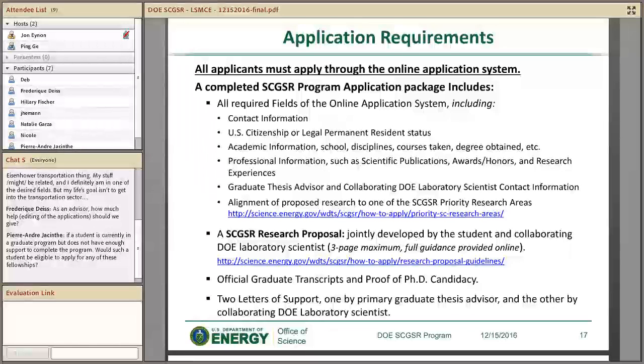And as part of the application package, you're required to provide official graduate transcripts and proof of PhD candidacy. These two materials are used for verifying your enrollment in a PhD program and your PhD candidacy status. So essentially to verify your eligibility, okay, if you're eligible to apply to the program. And you're required to provide 2 letters of support, one by your primary graduate thesis advisor and the other by a collaborating DOE laboratory scientist. So here I would like to take the opportunity to emphasize that